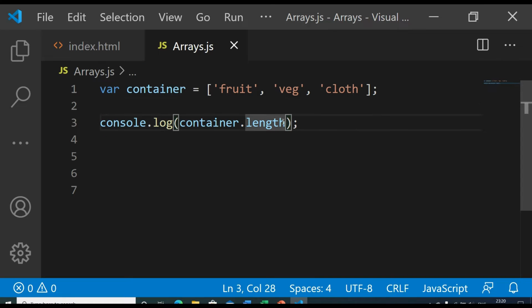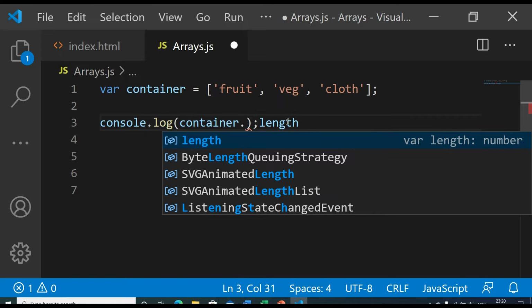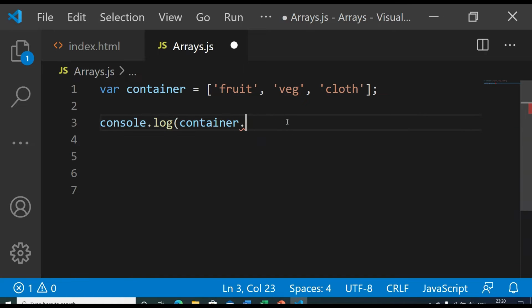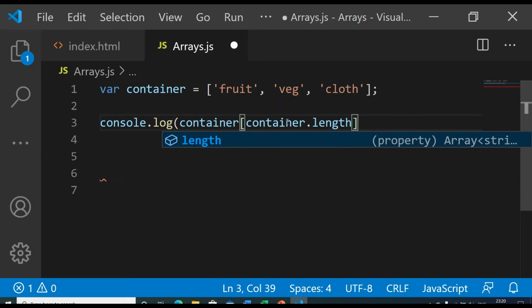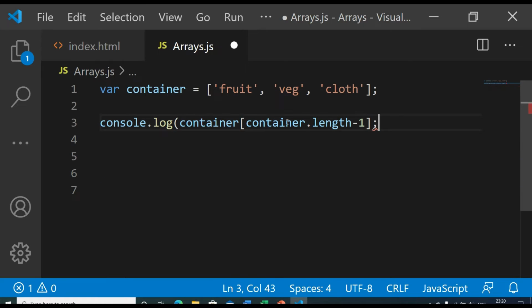Now using this, you can also get the last index. Let's say you don't know, there can be 100 items, as I told you in our previous video, and you don't know what the last item is. So you can write container, and in the index where you access the value you can write container.length - 1.